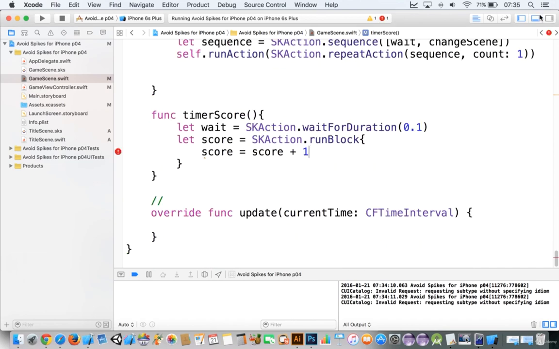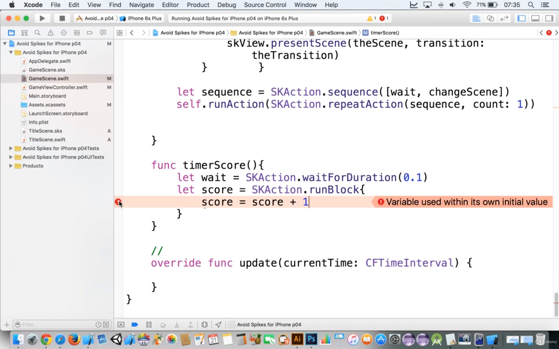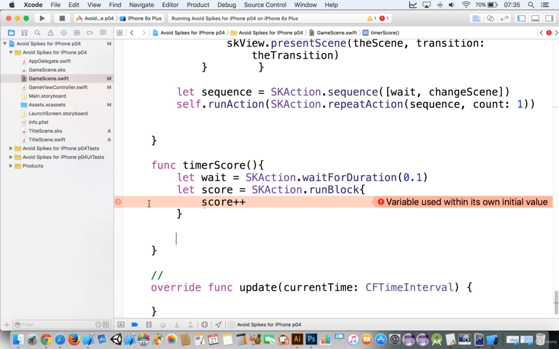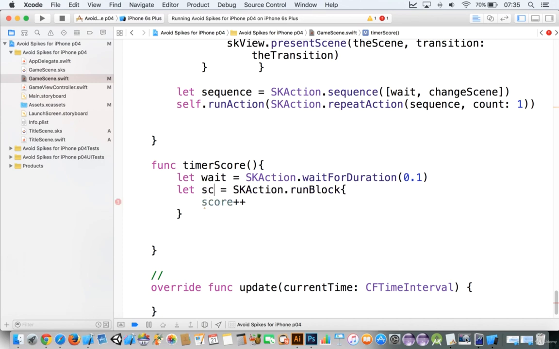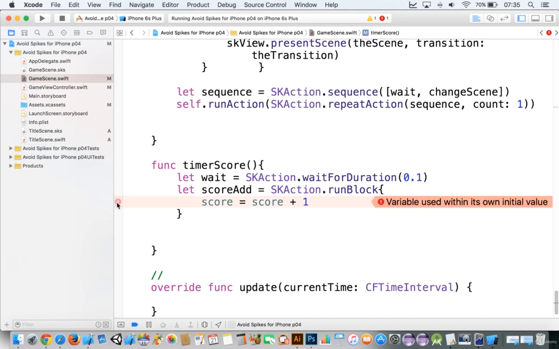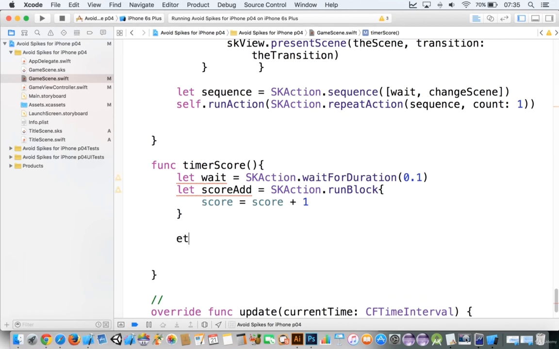Right? Now, what's interesting about this is it doesn't exactly work this way, and so you can always just do score plus plus instead. Okay, and you can see here the reason is it says we'll say the score add, and then you can do score plus plus or score is equal to score plus 1. Right, and that is the variable we're going to use. So we're going to say let sequence is equal to SKAction.sequence, and we'll do wait, then score add, and then